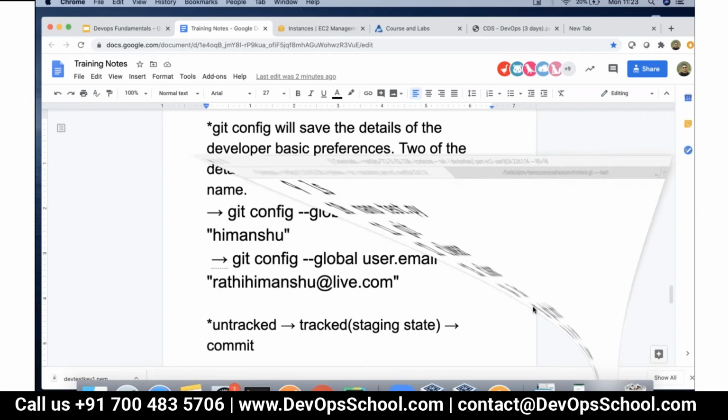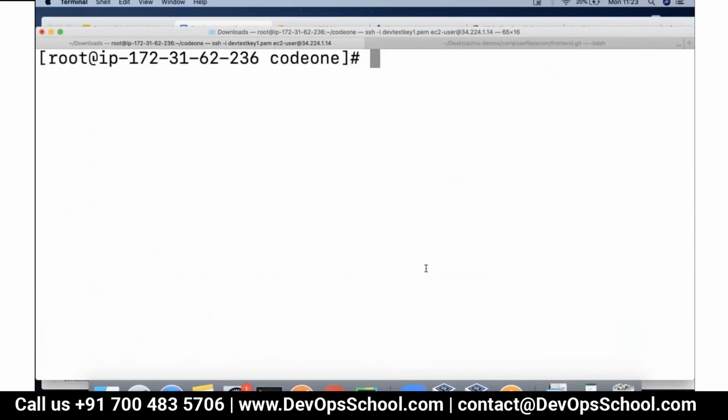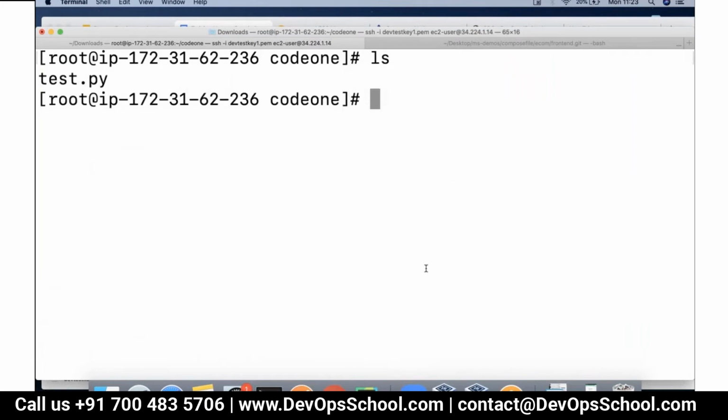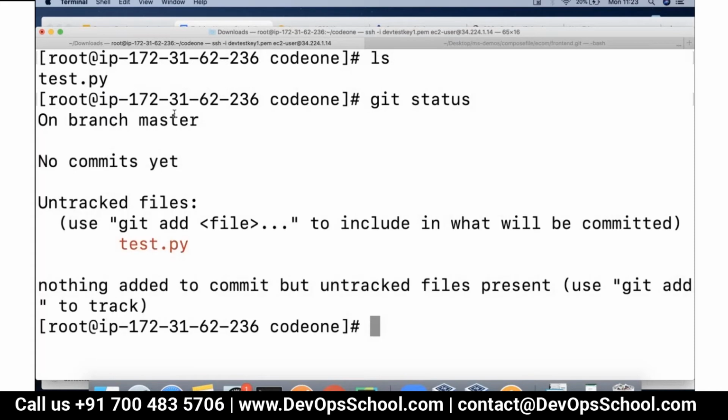Now, guys, understand one thing. See how a code repository works: these were the initial steps. Right now, whatever we have written, I have just created one file which contains one line of code. This is not really getting tracked. How do I know this? If I run the git status command, it clearly tells me I'm on the master branch. There are no commits made yet, and there are files which are untracked right now.